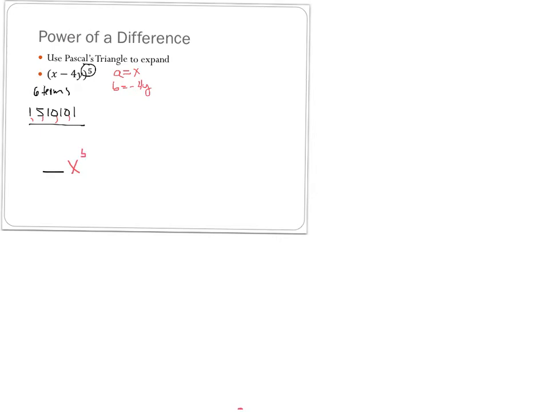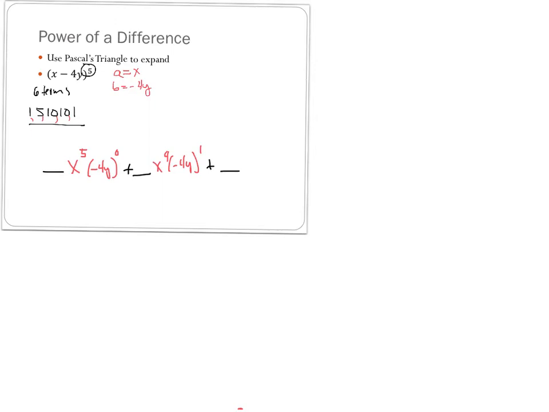And I'm also going to put in the negative 4y to the 0. And then I'm going to add that to whatever the next coefficient is, and it's going to be x to the fourth, negative 4y to the first, plus,